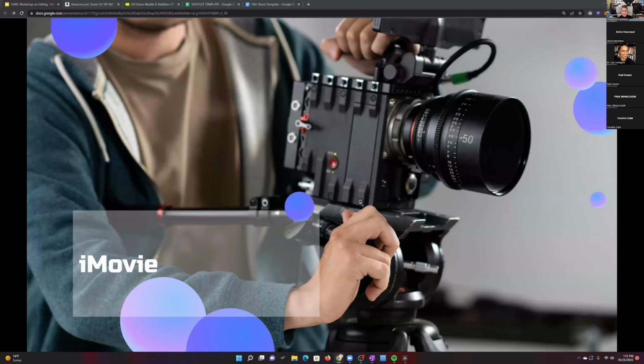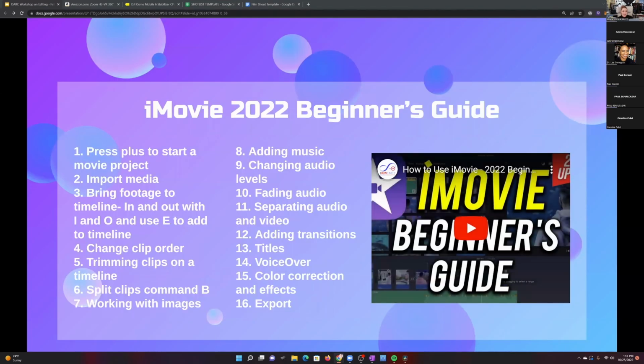Okay, so let's start with iMovie. If you have an iPhone or an iPad or iMac, you'll have access to iMovie for free, and it's a great tool to start with. I do a lot of my just very basic quick editing when I don't want to think too much about it with iMovie. Now, because this workshop is only 2 hours, I'm going to give you a beginner's guide video